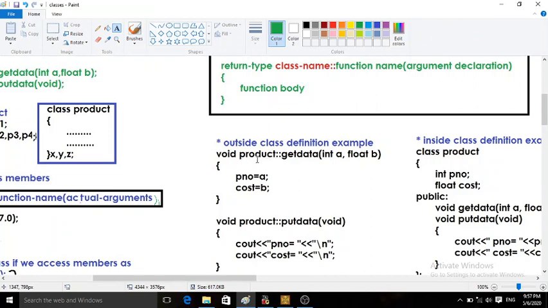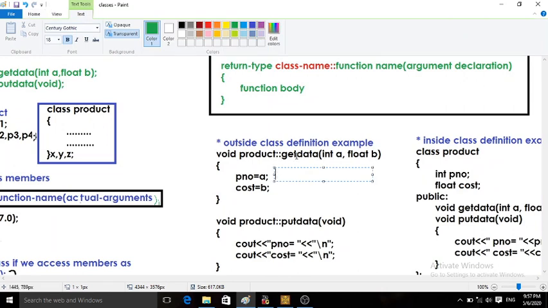This is the meaning. After that, here I have written one line of code, pno equals a. Whatever the first argument is, I am going to pass it to pno, which is my private data member. So within the member function, we can access private data directly.